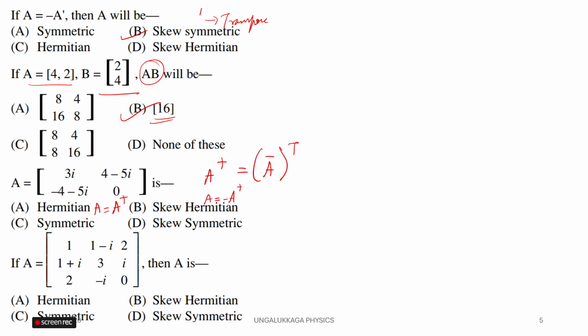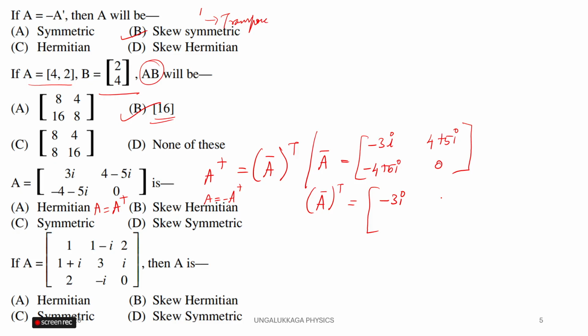What is meant by transpose? You have to interchange rows and columns. What is meant by conjugate? If you have imaginary values, you have to change the sign of it. Okay, so we have A conjugate, minus 3i, 4 minus 5i, minus 4 minus 5i, and we have 0 here, and we have to take a transpose of this. What do we do with transpose? We have to interchange rows and columns. Minus 3i, minus 4 plus 5i, 4 plus 5i,